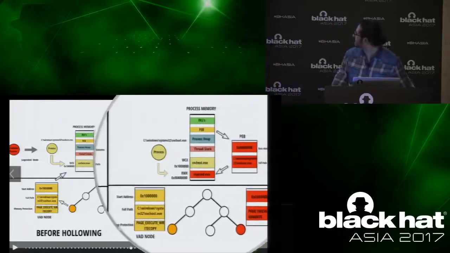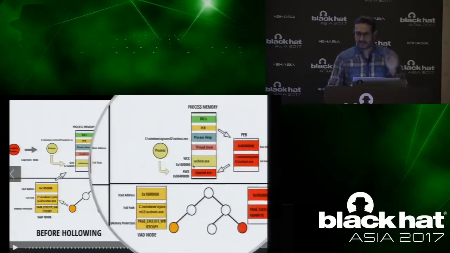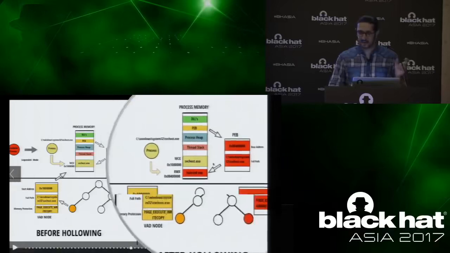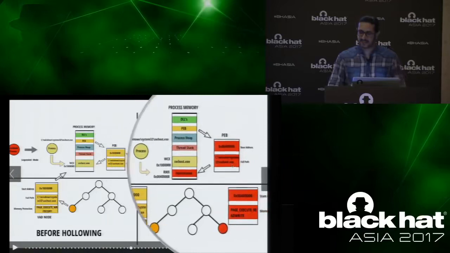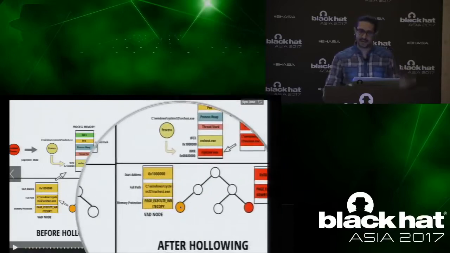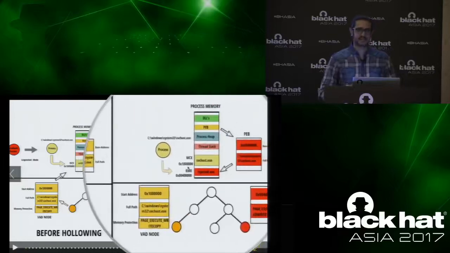At this region, there is a suspended executable still there with a write copy protection. But instead of hollowing out, it allocated a new memory and injected code, and the PEB was modified to point here, which means that according to the PEB, svchost.exe is at this address, 4 followed by 5 zeros. But according to the VAD, the same executable is loaded at this address. So there is a discrepancy.